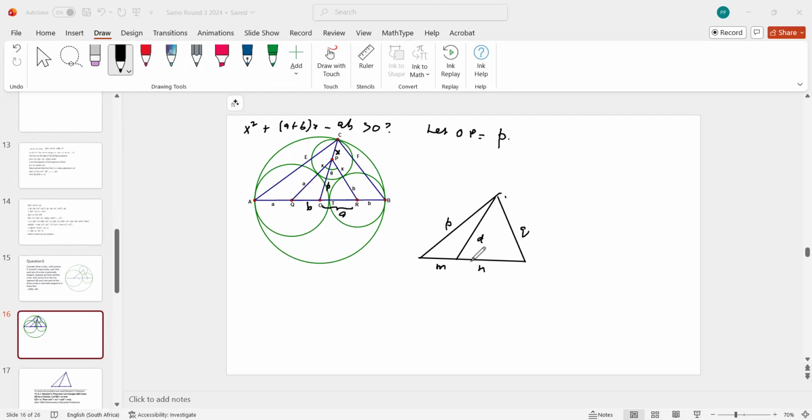You can use a cosine formula too, because you've got these three lengths, these three lengths, and these two angles. The cosine of this is equal to the negative of the cosine of the other one, because these two angles are supplementary. Use the cosine formula and you can eventually come to this interesting result, which was actually